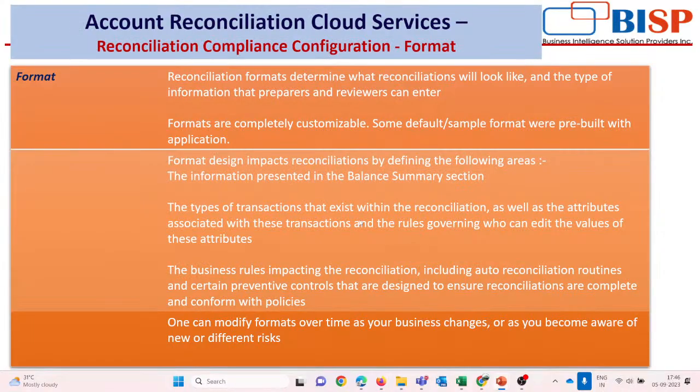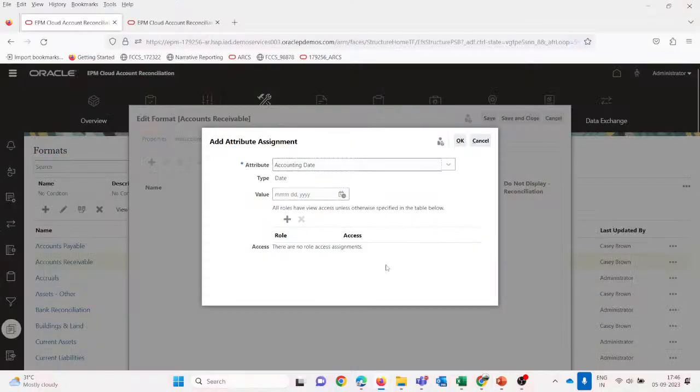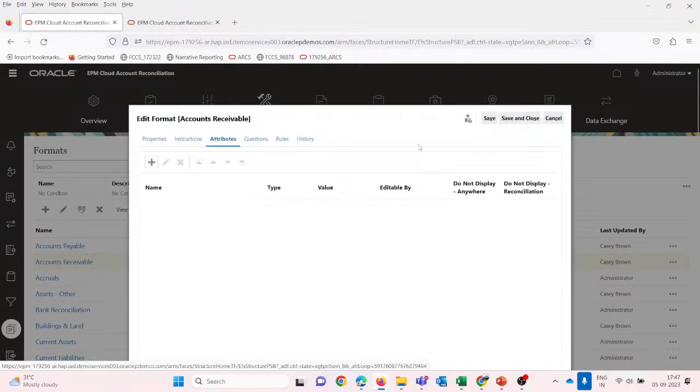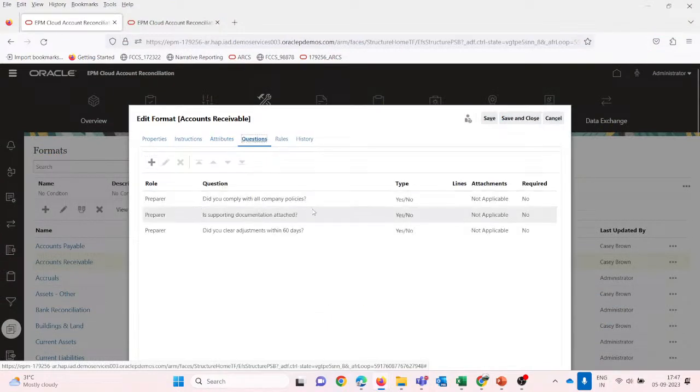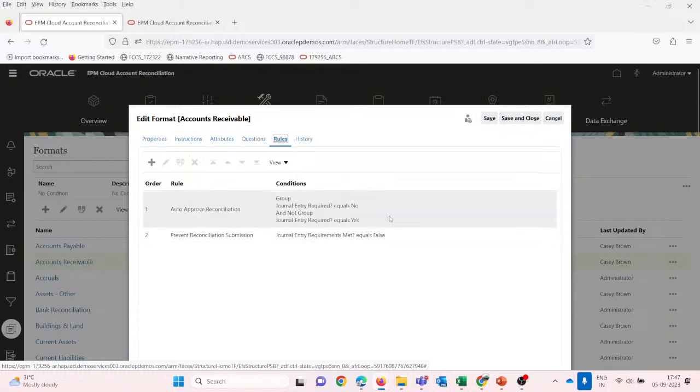So that's why we are saying it will impact all the reconciliations, as well as the attributes associated with this transaction, and also the business rules impacting the reconciliation. And similarly, we can have this questions tab. This will be applicable to all the profiles. And if we create some rules for this in the format itself, they will automatically be deployed